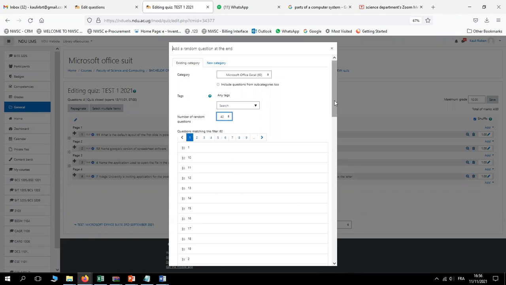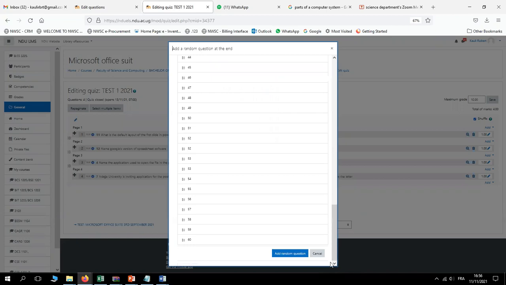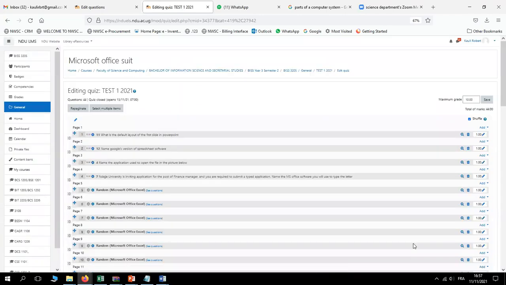After selecting the question bank and the number of questions that I want to add, we shall just click on add random questions, meaning out of the many, each student will be given a unique question randomly. It will be picked randomly and then added and assigned to the candidate. Then if I want to add from another category again, I'll just do the same process, add question. Then out of add question, I'll select the category I want and select the number of questions that I want to be added randomly, and that will be it. My test will be ready for the